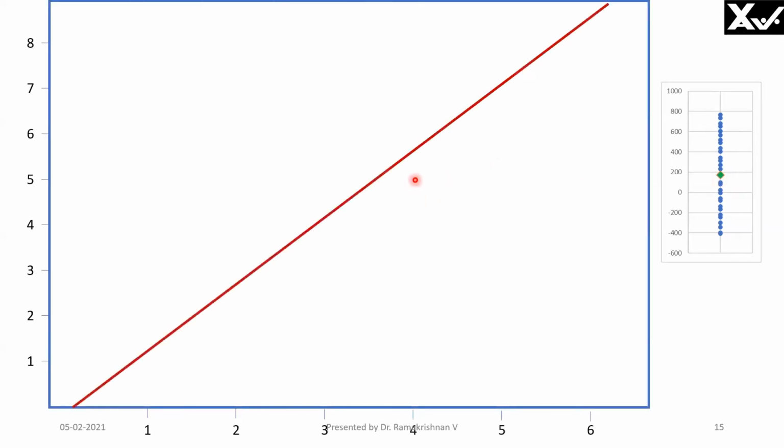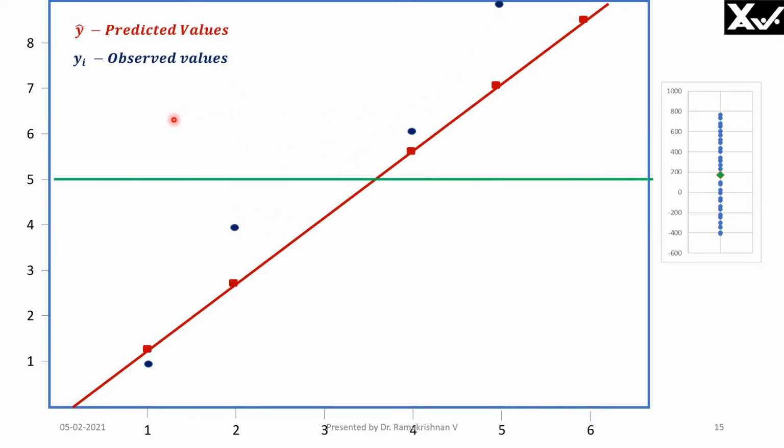Now, we will see here the prediction line. All the points on this are the y hat predicted values corresponding to the input variable values. The y hat is called predicted values. Now, observed values are shown by dark blue circles here. The average of these observed values is called the mean, shown by the green marker here. This is y bar, y mean, mean response value. Now, the total variability is nothing but the square of the distance between the blue circle and the green line, done for all the observed values and added.